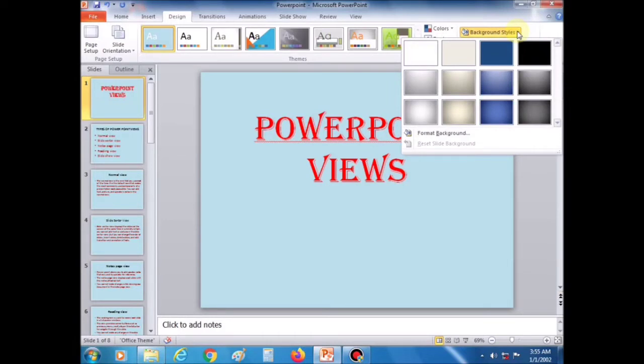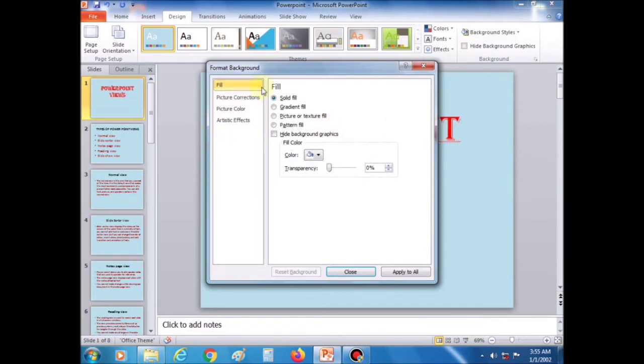Now click on that Format Background option. Now you can see the Format Background dialog box appear, and in this dialog box there are options such as solid fill, gradient fill, picture or texture fill, and pattern fill. Let us discuss these options.